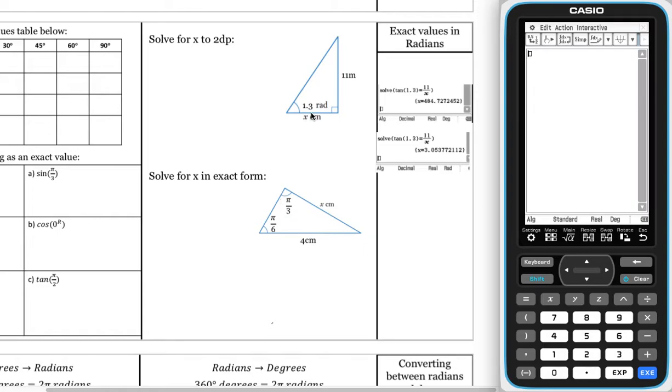So we're going to be using tan because of TOA. Tan of 1.3, R for radians, is equal to 11 over